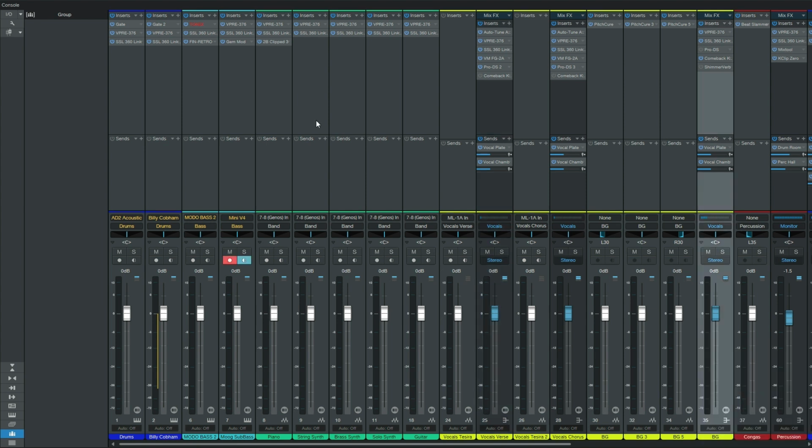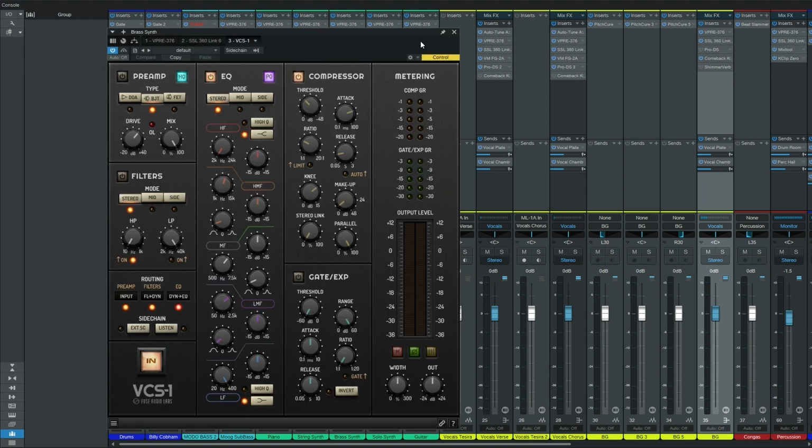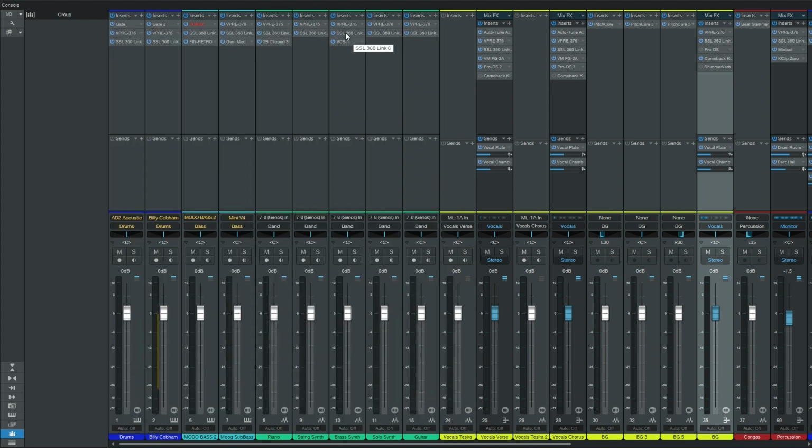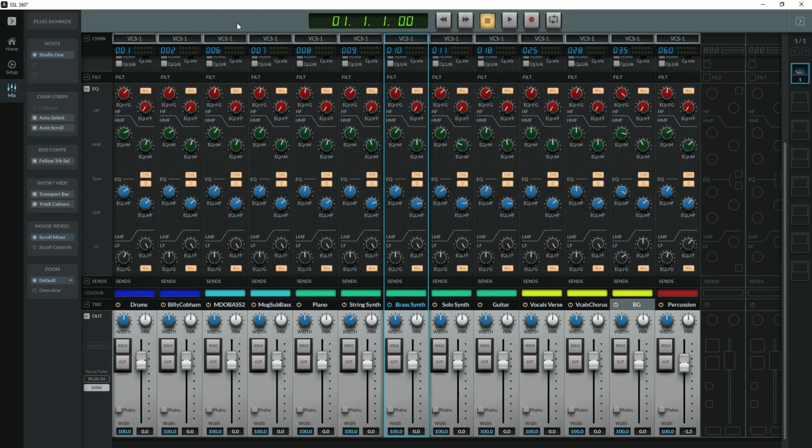I wanted to show you quickly also how I'm working with SSL 360. So you could also, of course, just plug in the VCS-1 directly. The advantage of 360 is that you can actually connect the 360 up even without having any other SSL plugin or hardware controller. You can use this for free. You can absolutely remote control every single setting. So these are all your